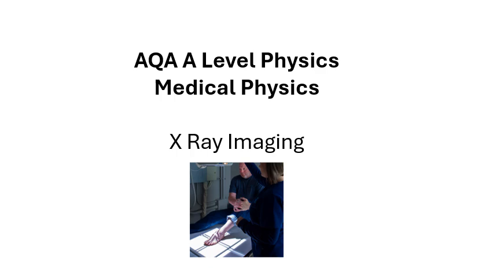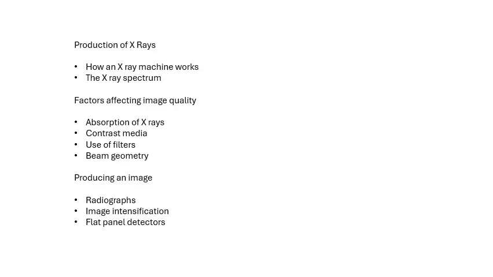AQA, A-level physics, and this video for medical physics is X-ray imaging. So we're going to cover quite a lot in this video. I'm going to talk about the production of X-rays, like how an X-ray machine works and the X-ray spectrum, factors which affect the quality of the image, and how you actually produce an image and the different ways that that can be done, and advantages and disadvantages. So,